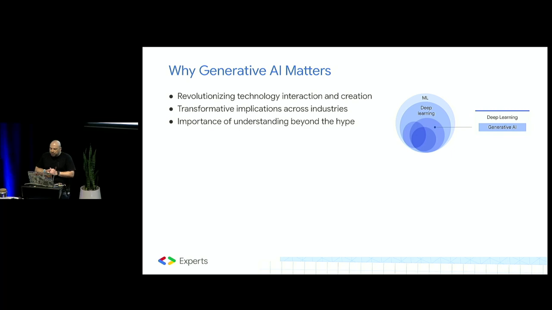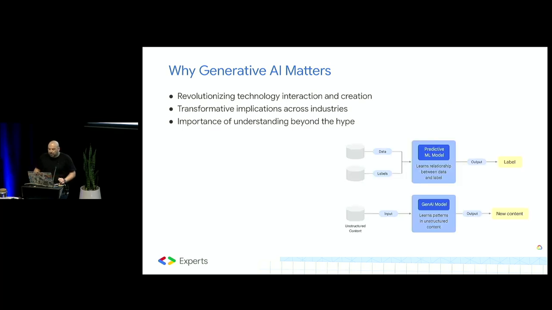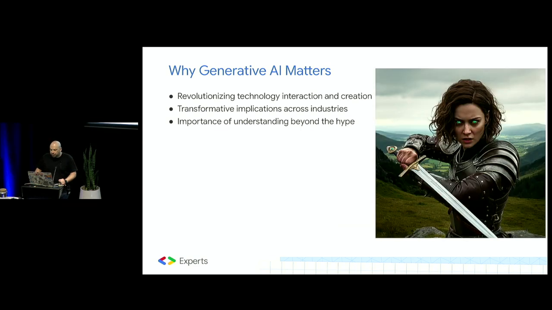So let's start a little bit with the basics. What exactly is generative AI? Well, simply put, generative AI is a subset of deep learning, a machine learning technique for building complex AI models. It's a type of artificial intelligence that can create new things. So instead of analyzing existing data, generative AI models can generate new data, whether it's text, images, music, code, or even 3D models.